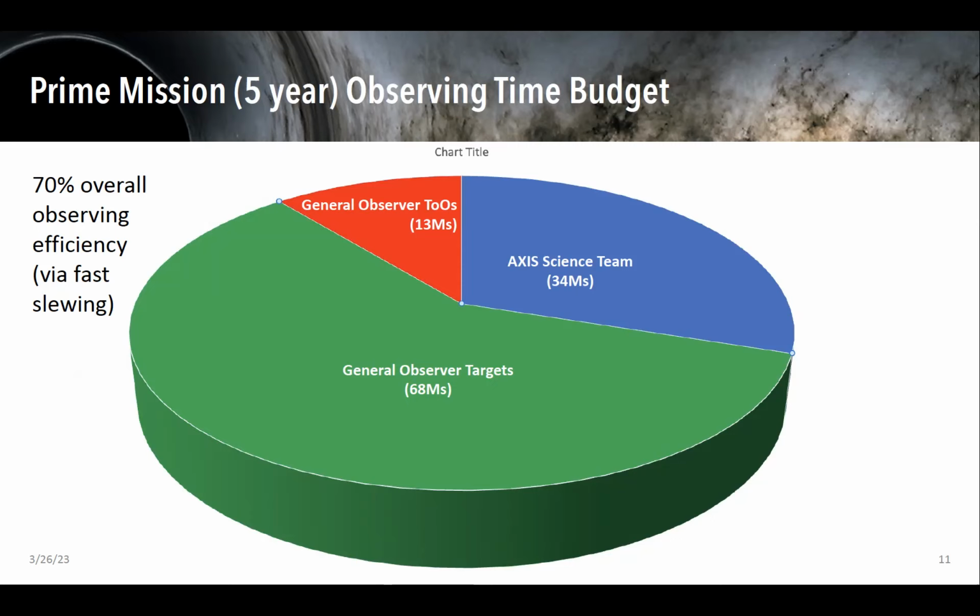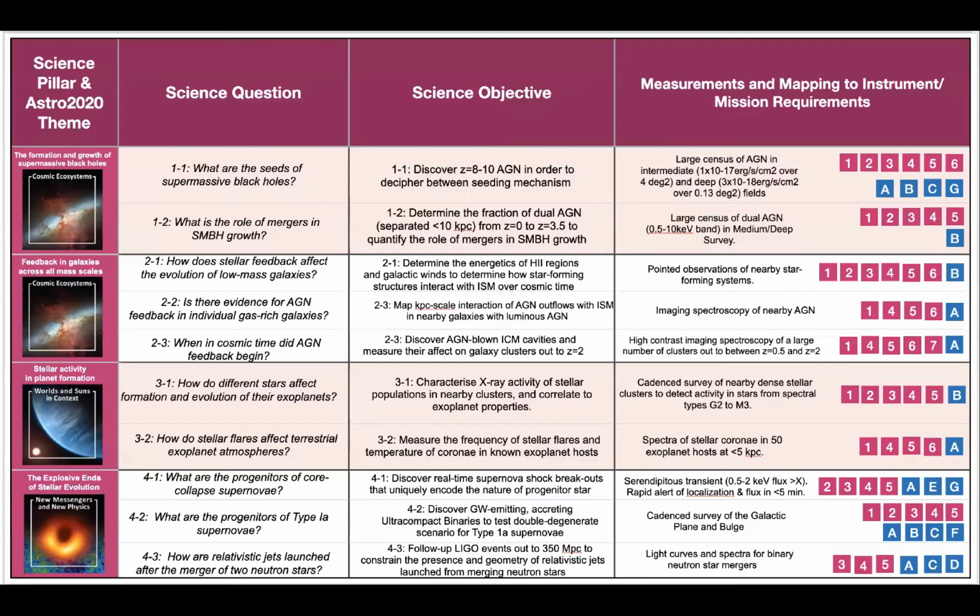And so with that baseline, we have the Axis science team's time is about 34 megaseconds, and then the rest of the observing time, 81 megaseconds, is general observer time. And our guess is this breakdown between TOOs and targets, but it doesn't really matter. It's up to the general observers what they want to do with that. This is just